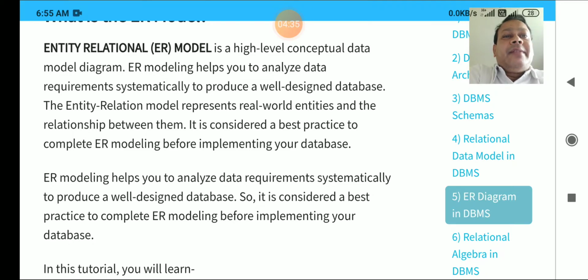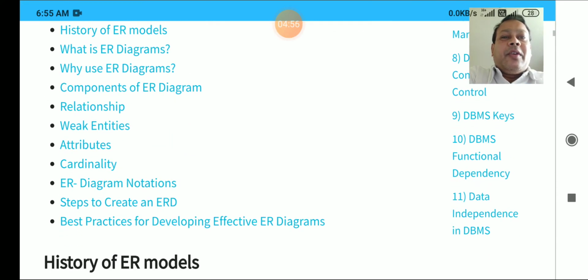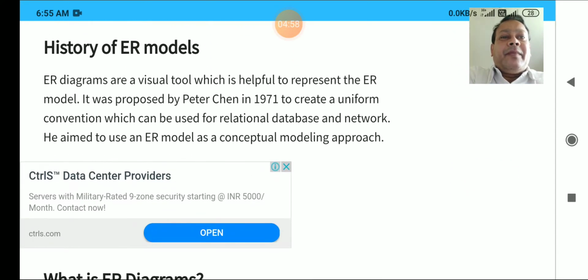ER modeling helps to analyze data requirement and semantically to produce a well designed database. So before starting with your database, before creating the table, we are supposed to work out for that, isn't it? Quite similar to your flow chart while making a given program. So this is all about your ER diagram.